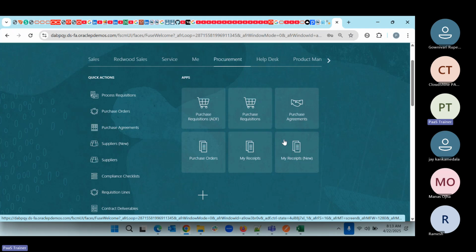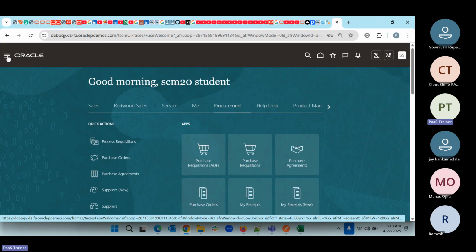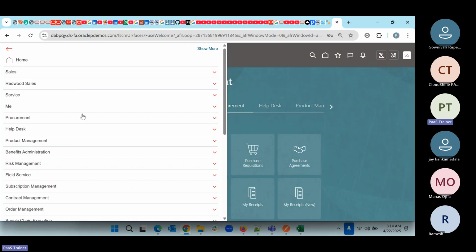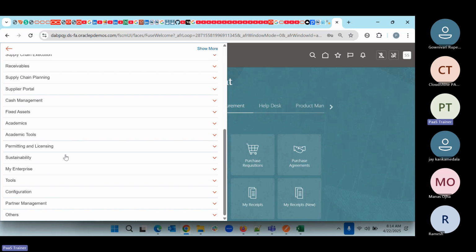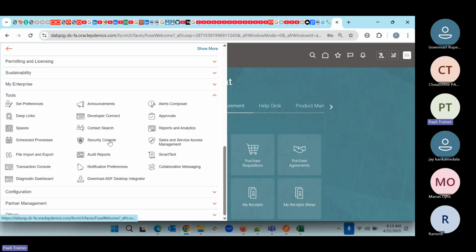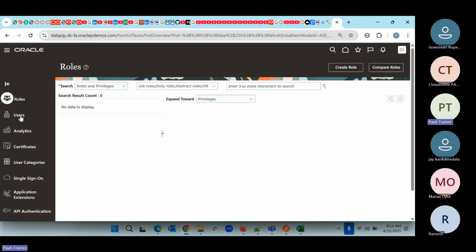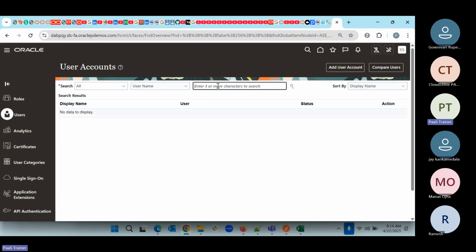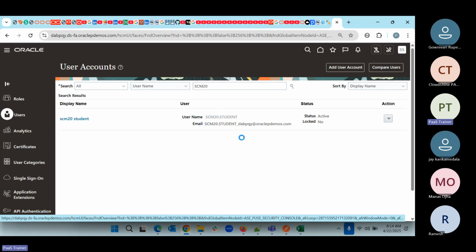Procurement. I think it's not coming. So I think we need to add all those things. All roles will be required. So we can come back again here, tools, security console. Normally these things will not be done by us. Whoever is the admin person of the team